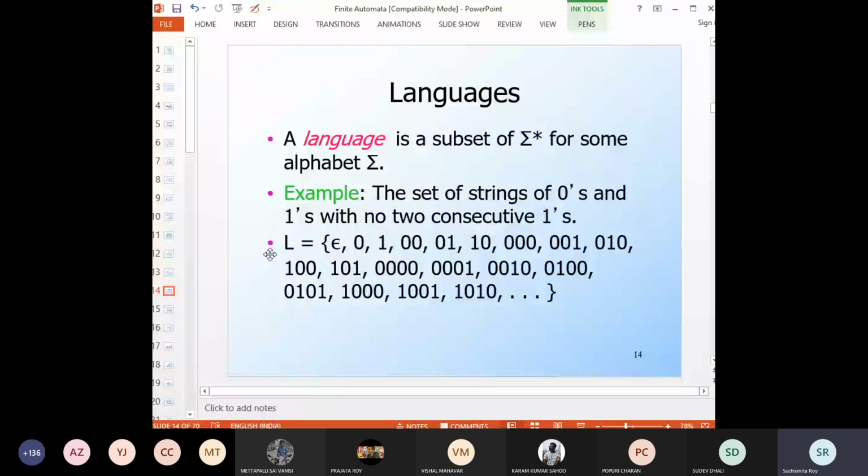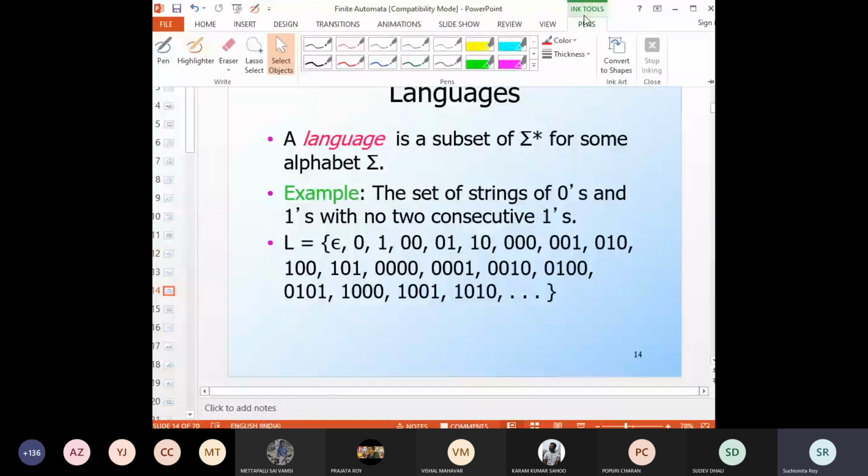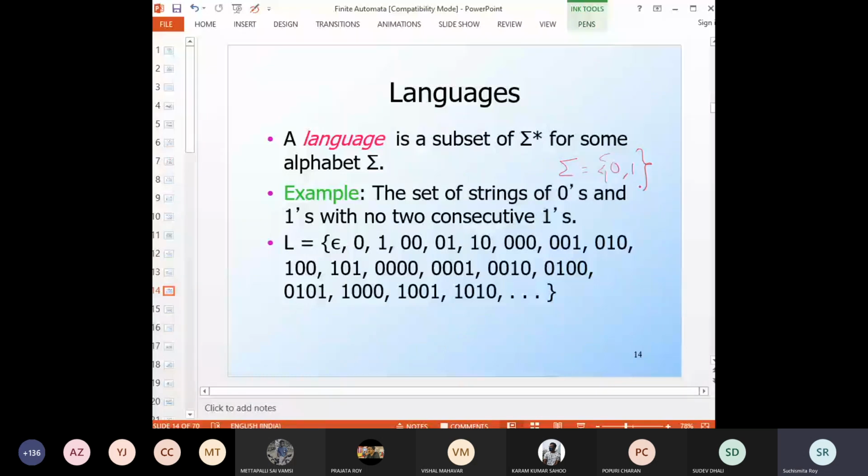This means that the alphabet is equal to the set {0, 1}, with no two consecutive ones. That means two ones must not appear in my string, but zeros can appear. So you can see that if I started listing out the various strings